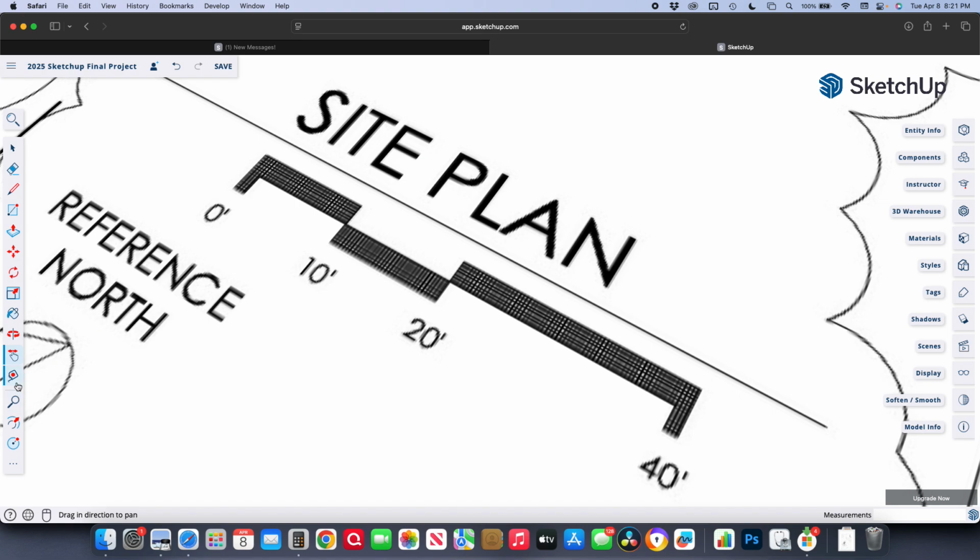I measure it. And it says it's 70 foot, we're going to call it 70 foot. So round it to the nearest foot for now. It's 70 foot, but we want to make it 40 foot. So again,